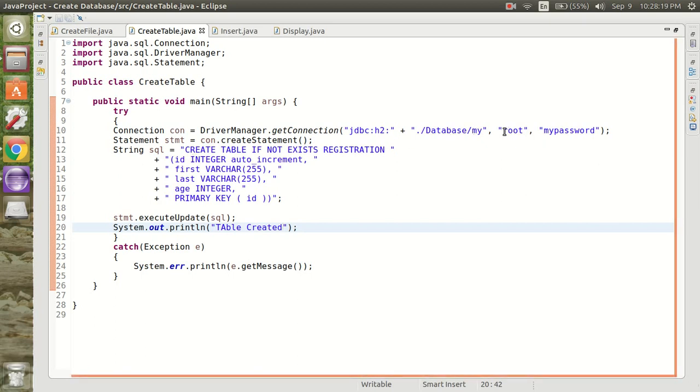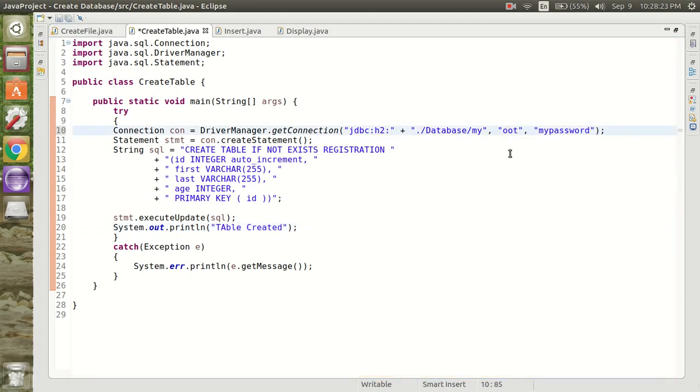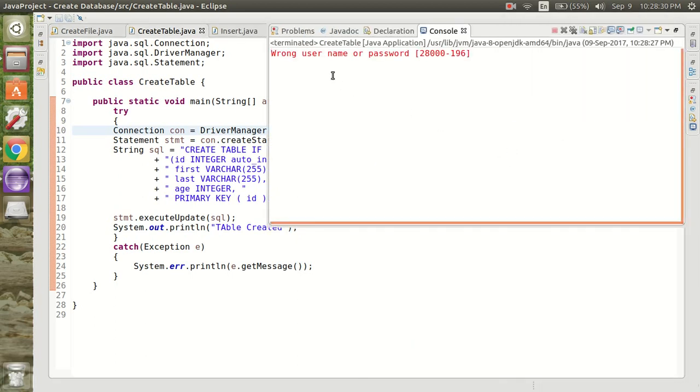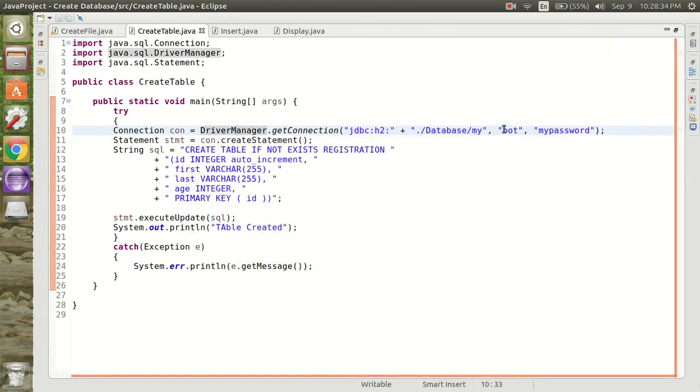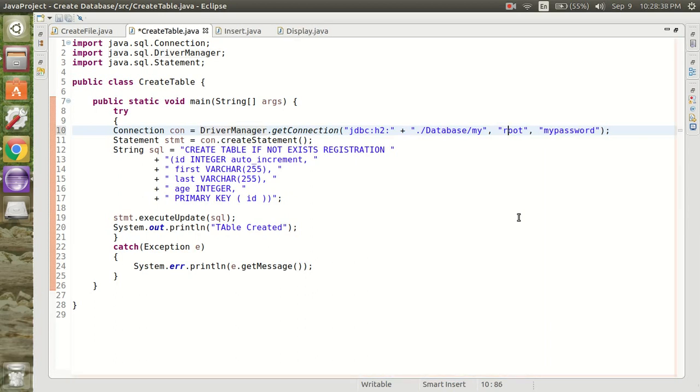If I try to access that database using a different username, it will give me the error that the wrong username or password. So set the root and root again.